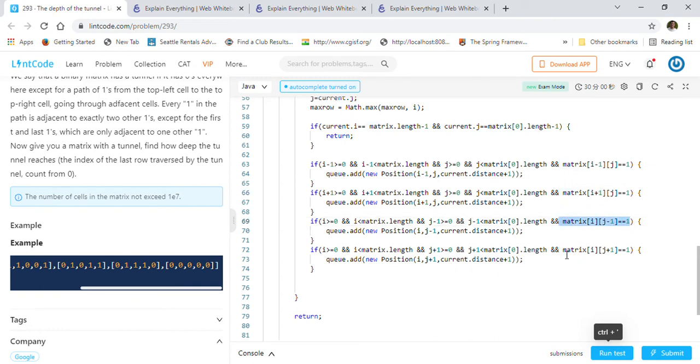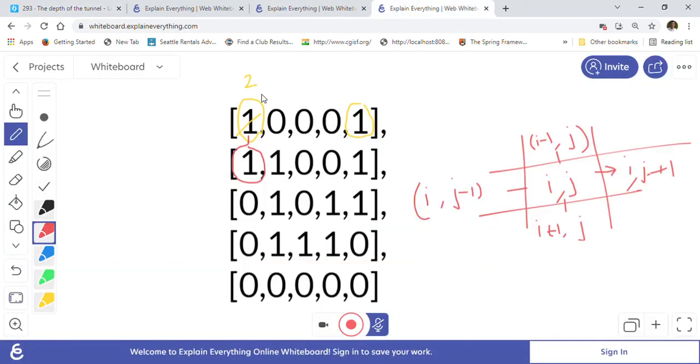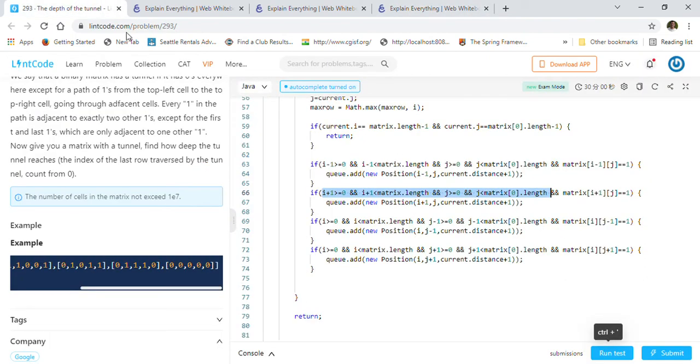We are also checking that we are not going outside of the matrix. We should keep ourselves inside the matrix. For example, we cannot go from this one outward, or from this one here, because we would be going outside of the matrix. So we cannot do that.